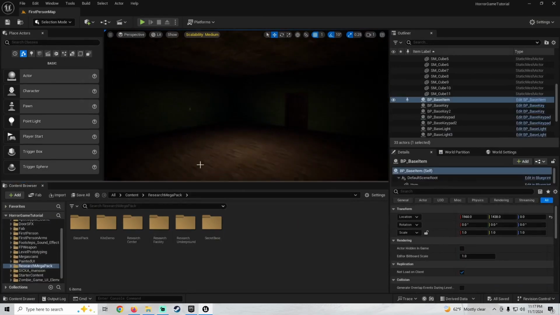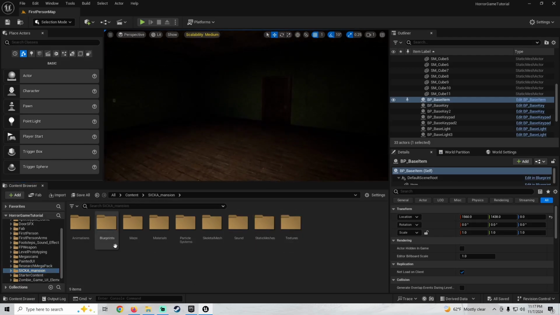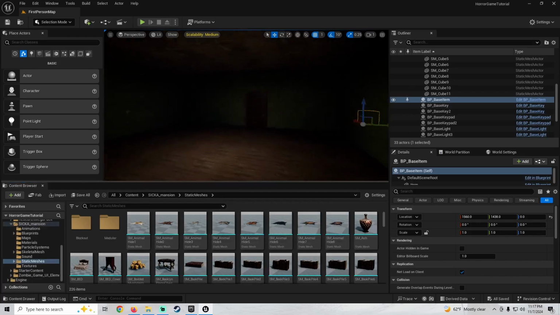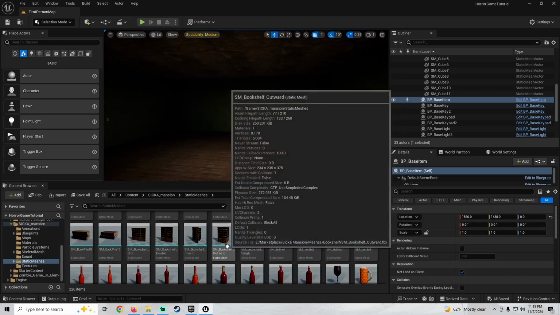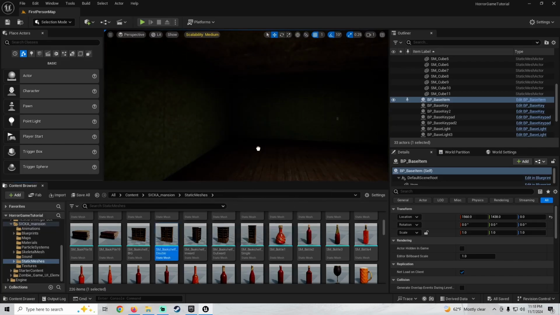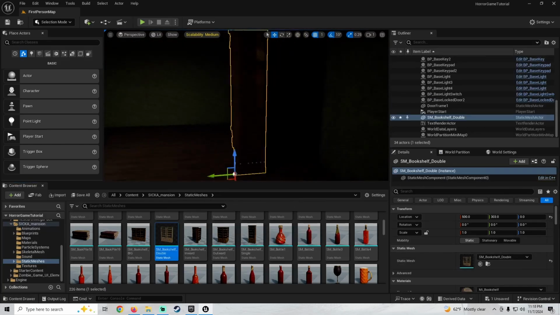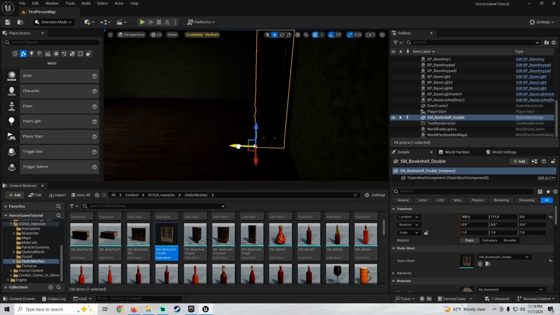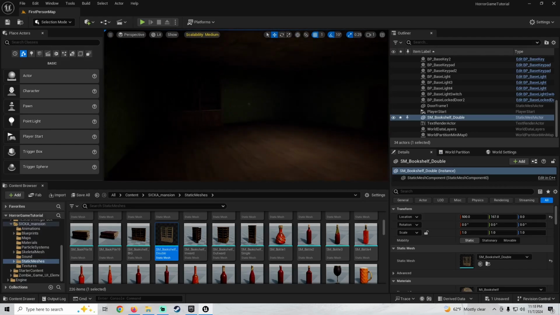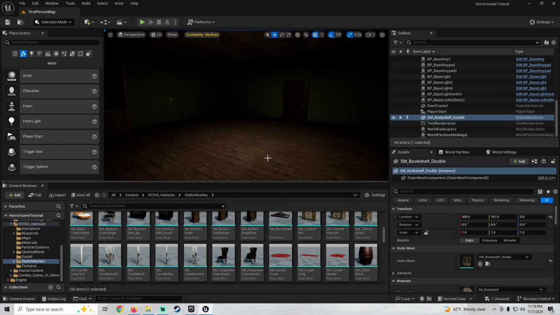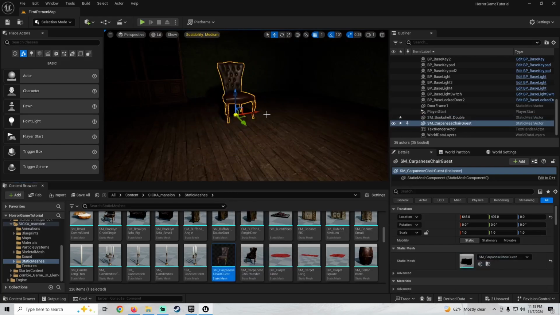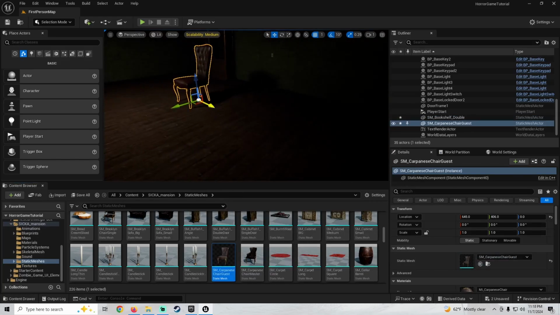Alright, so we got that migrated. I'm just gonna go through here and look for, let's see, static meshes. And I'm just gonna throw some props in here. Well, let's see. Let's find a bookshelf. Sure. Throw a bookshelf over here. And let's see. I'm not going to fill it with books because that's going to be super time consuming, but I just kind of want to fill in the area. Let's grab this chair. I think it looks pretty good. We'll put it